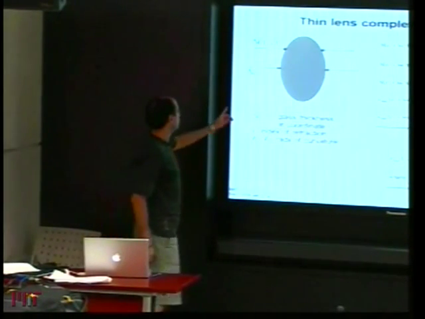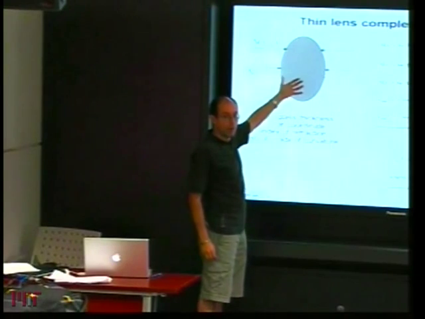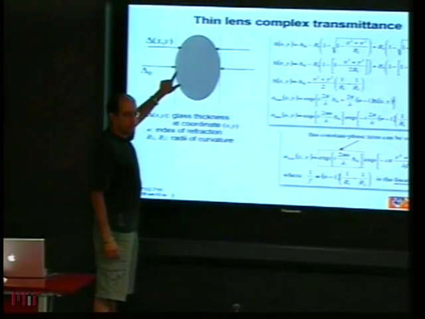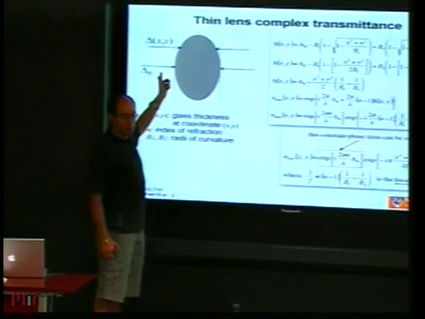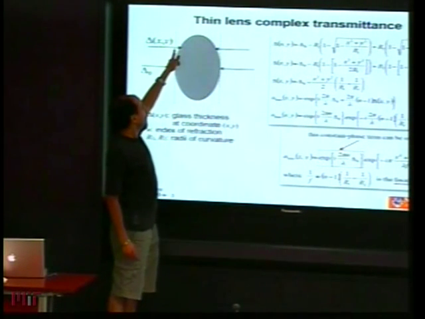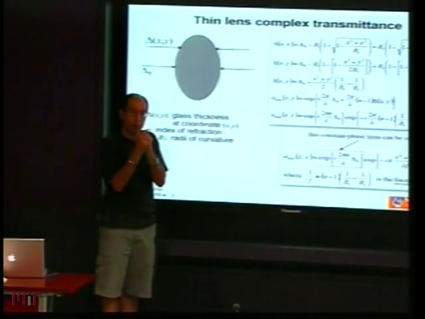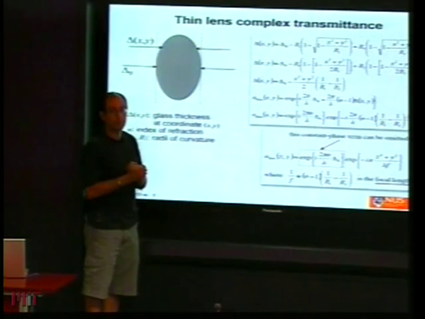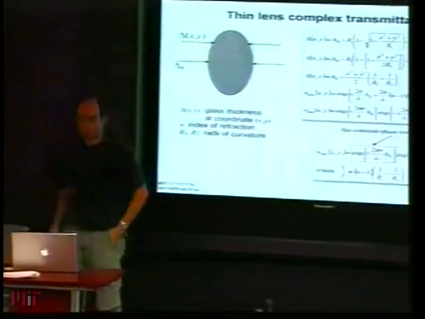So what is happening here? If you take a field, imagine like Huygens wavelets impinging on the lens from the left, the wavelet that impinges in the center will actually see the thickest part of the lens, so it will sustain the longer phase delay because it propagates through glass. If you take a Huygens wavelet that impinges away from the axis, it will see a thinner portion of the lens. Therefore, it will have less phase delay because it propagates a shorter distance in glass. It will still propagate some distance in air on the left and the right of the lens.